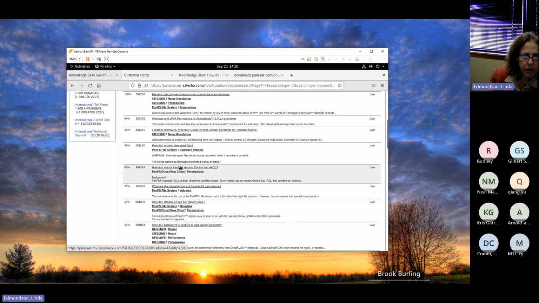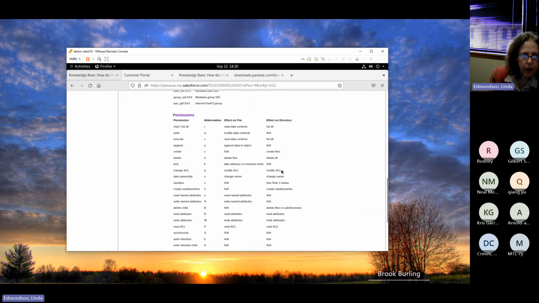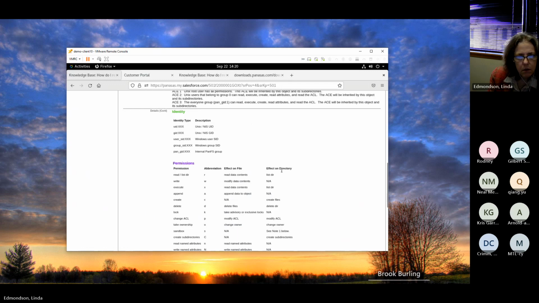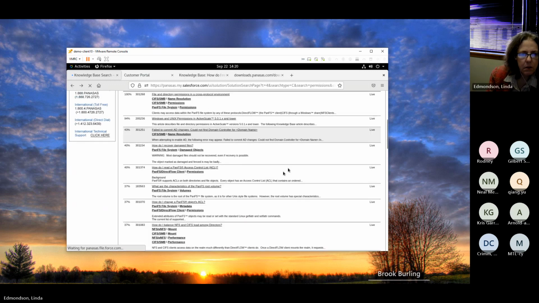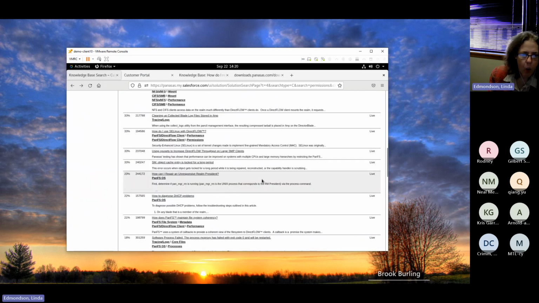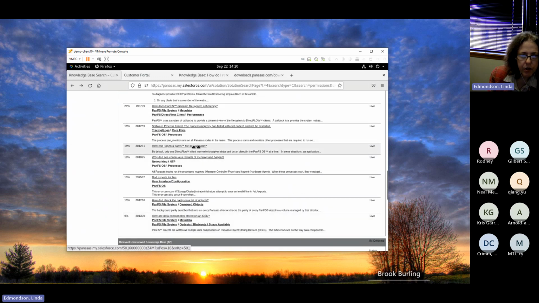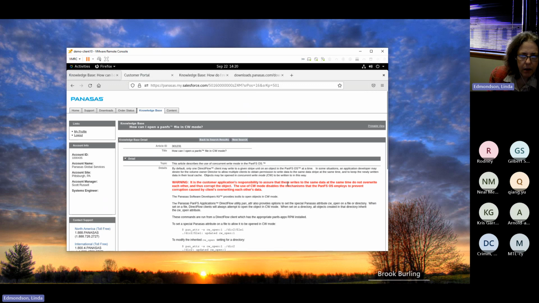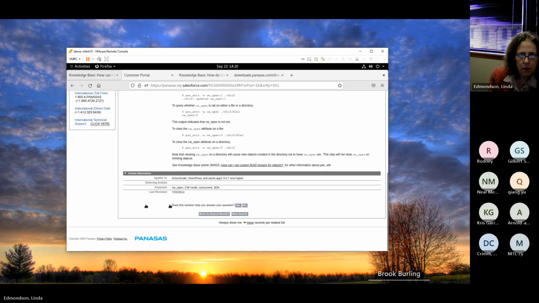This is how do I read an ACL? This is Bouchon's fine work. And it just kind of tells you what all these things mean. And you can see there's a wide variety of issues here. This is opening a file in concurrent write mode. You see, this is fairly old. PanFS apps